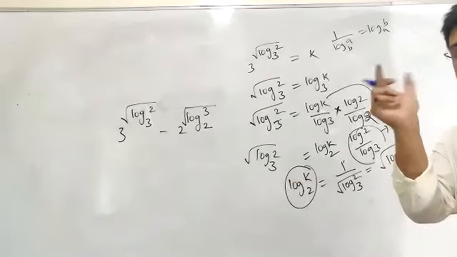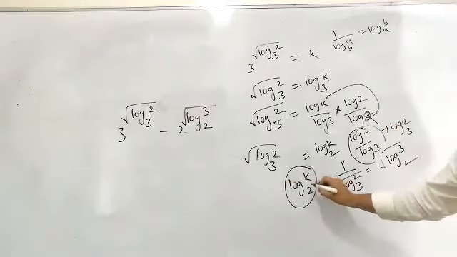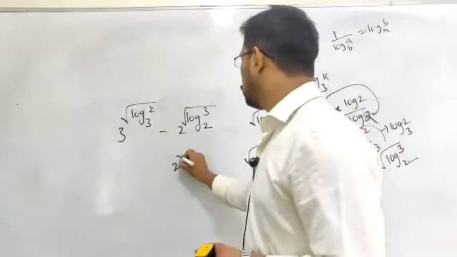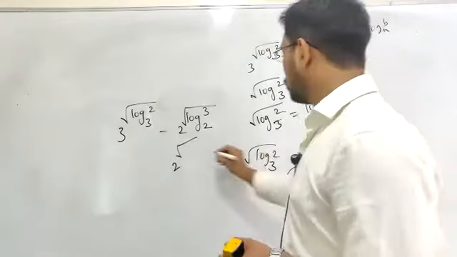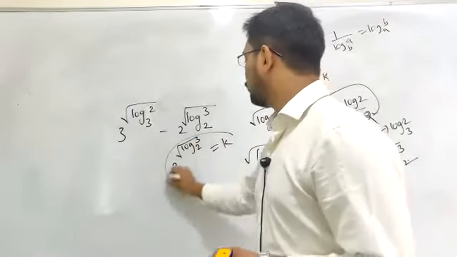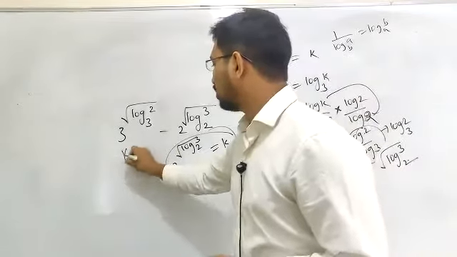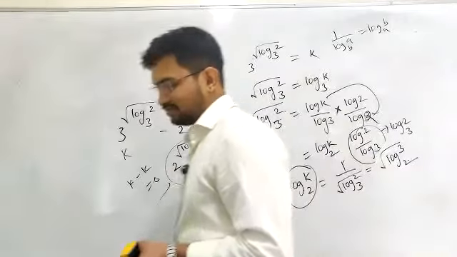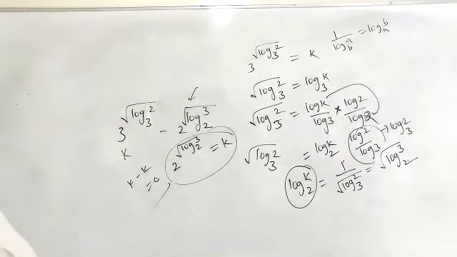This logarithmic and exponential form conversion should be used very frequently. This logarithmic form, try to convert back to the exponential form. So finally you will be getting 2 power under root of log 3 to the base 2 is equal to k. Writing it in exponential form gives this. We took this as k and this is proved as k. So the final answer will be k minus k, which is 0. It's only testing your properties, right?